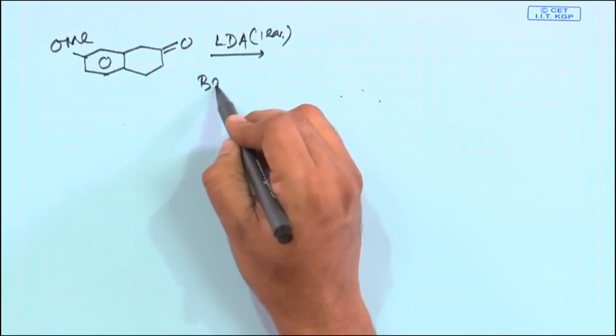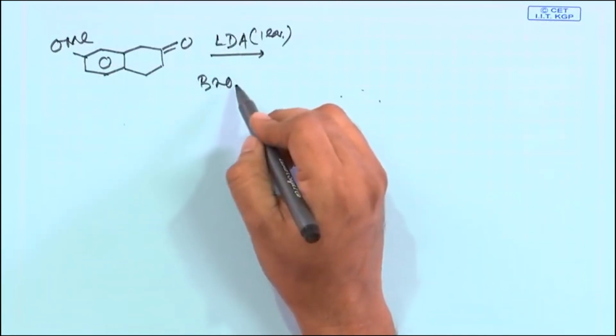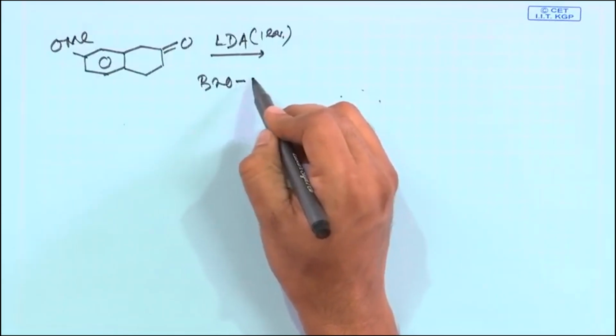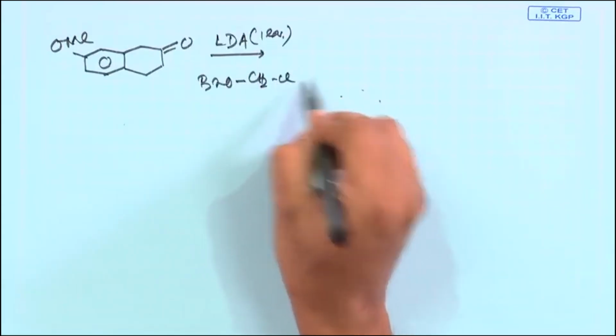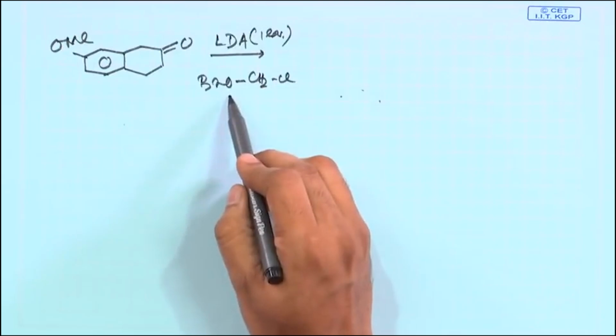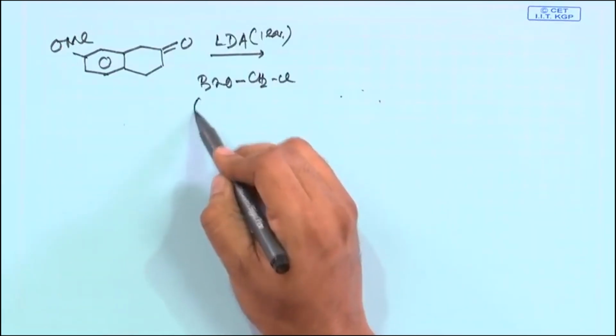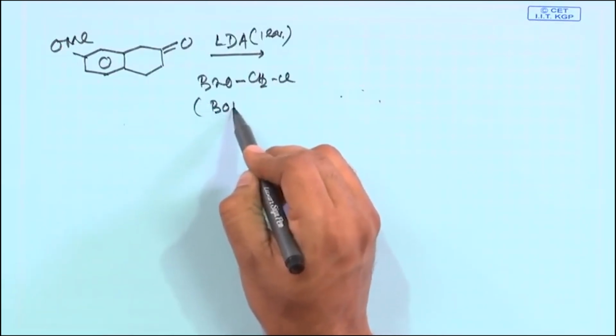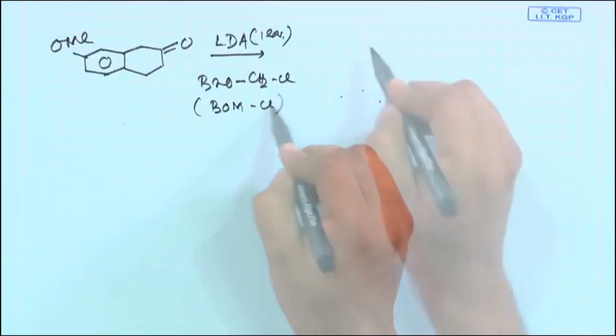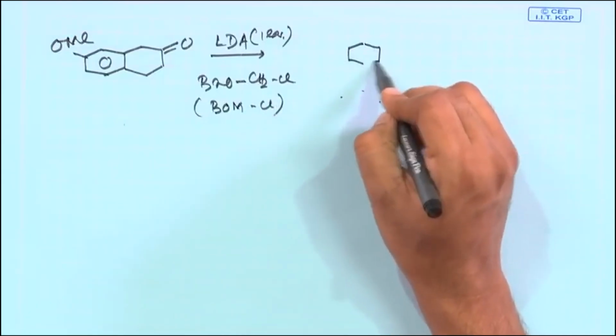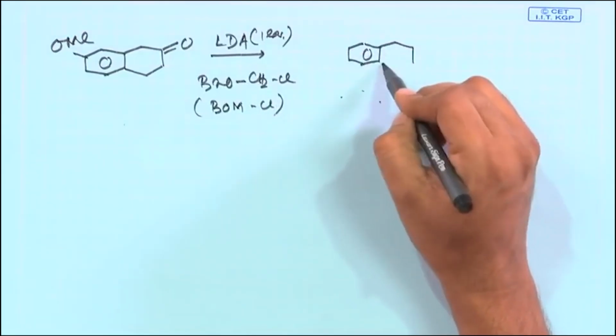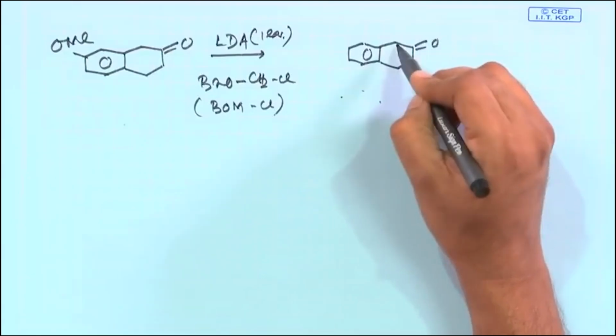The first one is BnOCH2Cl. This is called benzyloxymethyl chloride, or abbreviated as BOM chloride. So, first round of alkylation, we get